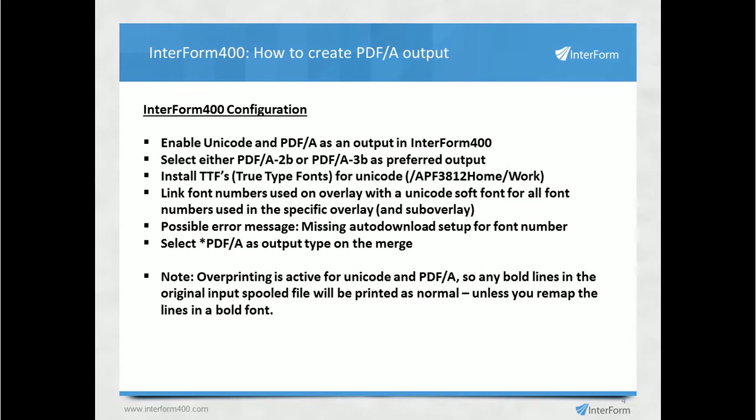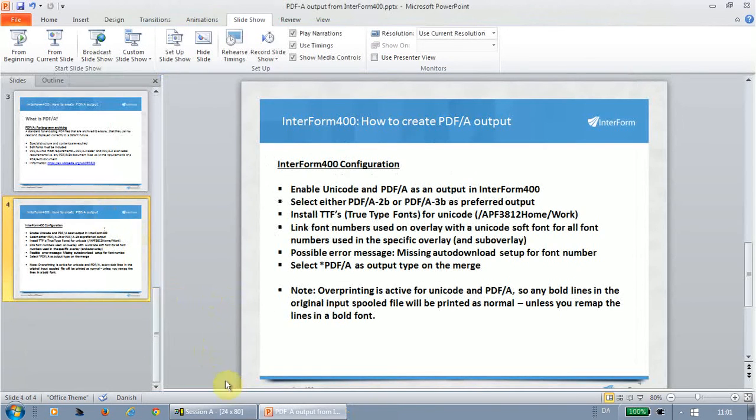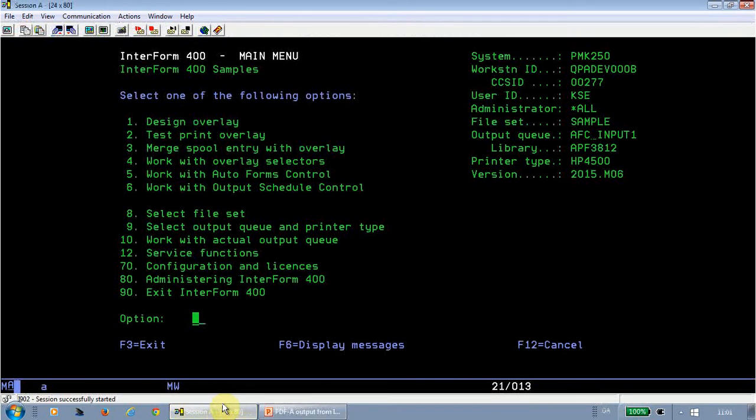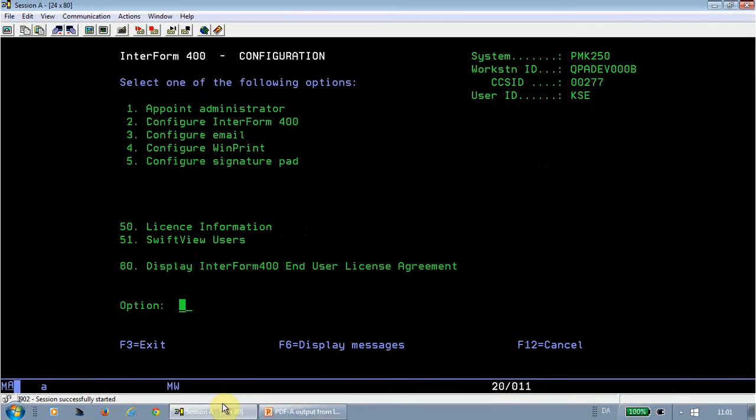So let's take a look at the details if we go into InterForm. So first of all, how can we enable Unicode in InterForm? Well, we do that from option 70, configuration and licenses. We do 2, configure InterForm,